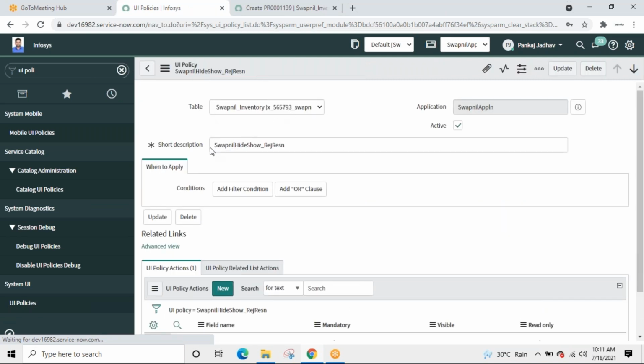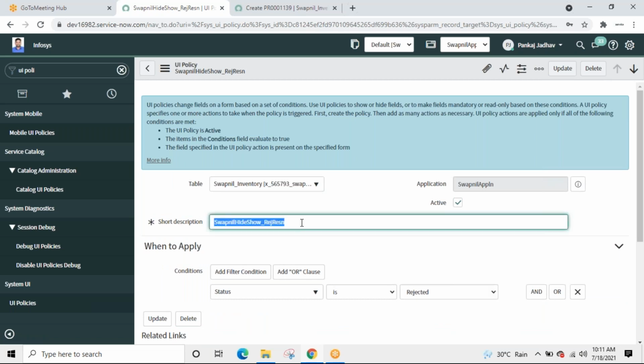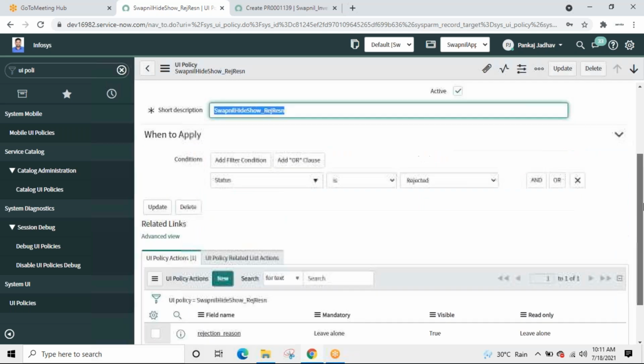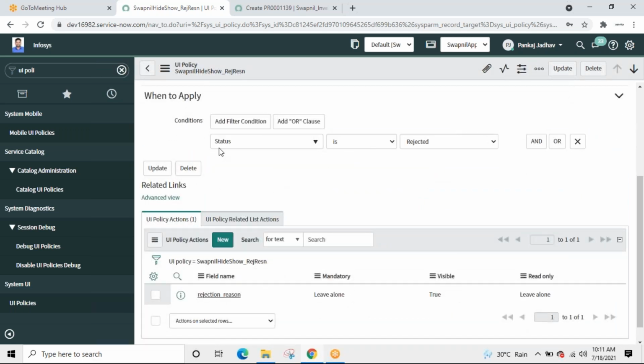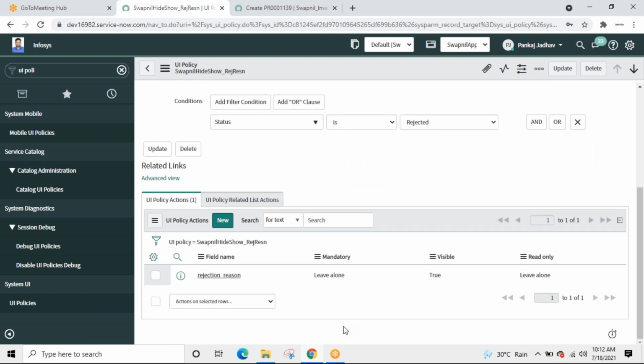Table name. UI policy name is the short description. Don't get confused. Whatever we give in the short description is the name of the UI policy. When this would trigger, when and only when the status is rejected. Rejection reason. See, we created a UI policy action. We can create a number of UI policy actions. Okay. So what does this say?